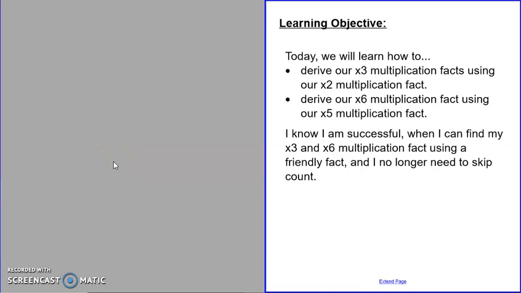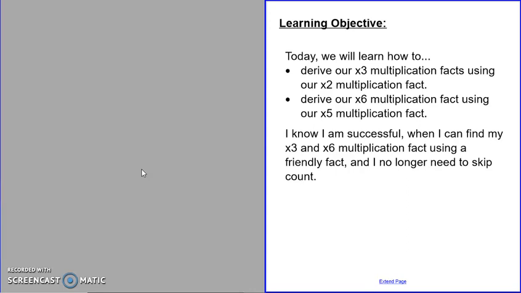All right, today we're going to be continuing with our multiplication and we're going to be learning the add a group strategy. So today we're going to learn how to derive our times 3 multiplication facts using our times 2 facts, as well as learning how to derive our times 6 facts using the times 5 facts. You'll know you're successful when you don't have to skip count and you can find your 3 and 6 facts